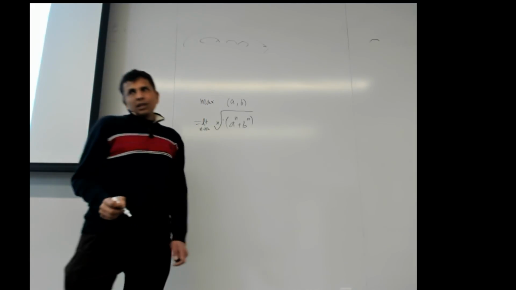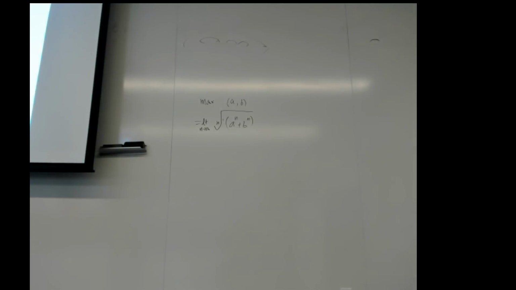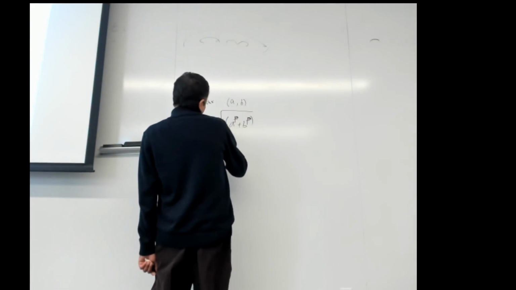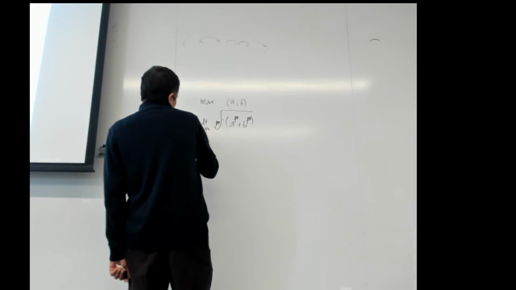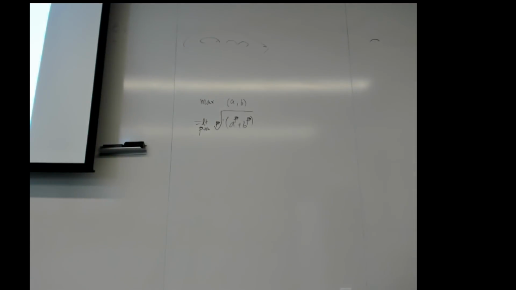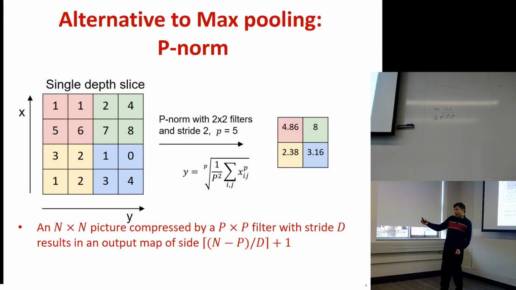So this is going to be like the infinity norm. So instead of using an infinity norm, which is not differentiable, I can actually use a smaller value of p, which gives me the p-norm pooling, which is going to be slightly different from the max. It won't be exactly the max value, it is going to be slightly less than the max value,